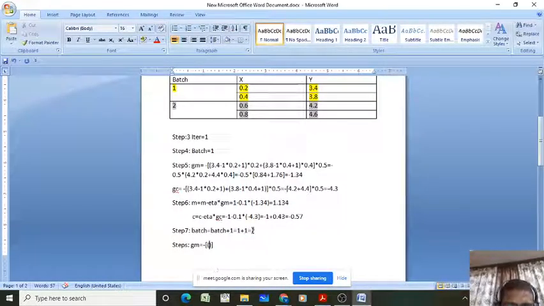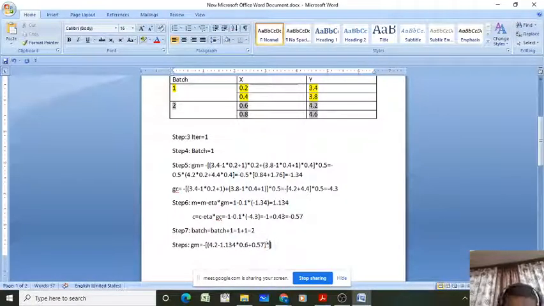Now we are in the second batch. 4.2 minus 1.134 multiplied by 0.6, plus minus 0.57, yeah, it's a plus 0.57, right?